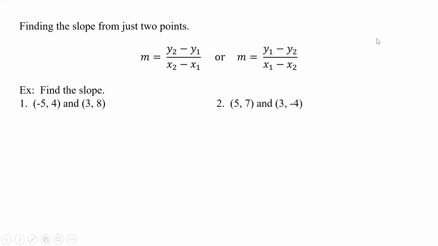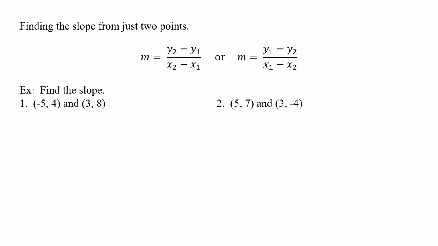All right, so here we're supposed to find the slope from just 2 points. Well, we've done that already. We've looked at the graph, but this time what they're doing is they are actually giving us the points. We don't even have to pull it off the graph. And again, writing this, I thought about, it's y2 minus y1 over x2 minus x1, or we can say it's